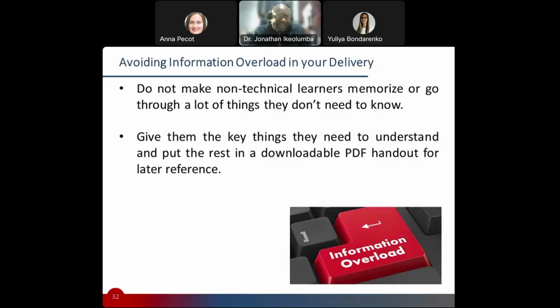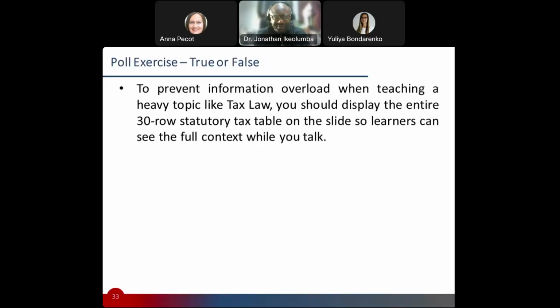When you do a technical training, there has to be quite a lot of supporting documents that go with it. And so the argument becomes what should be in the supporting document vis-a-vis what should be on your slides, right? I'll say the key things are very important. I have the 48 hours rule: if we can't recall it after 48 hours, it should be in the PDF supporting document. But you have to be very intentional about what they should be able to understand. On the chat, Adora is saying that we must be able to determine what information is good for them to know and what can be shared with them. Exactly so.